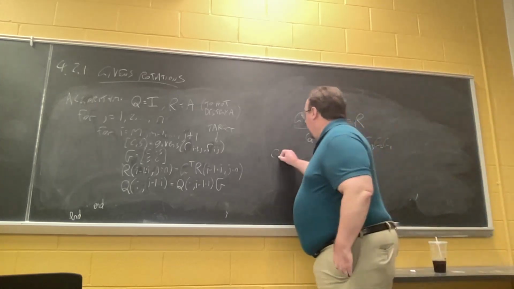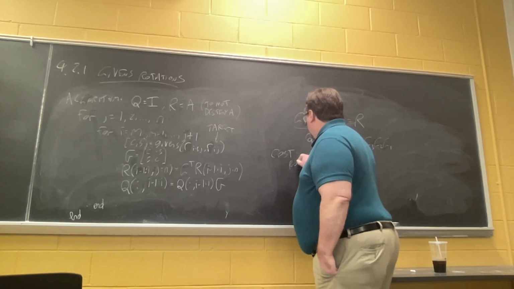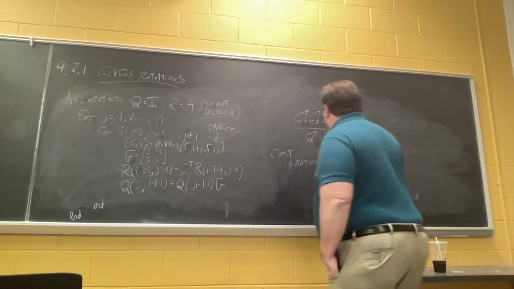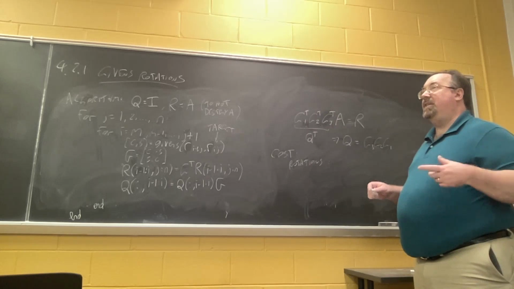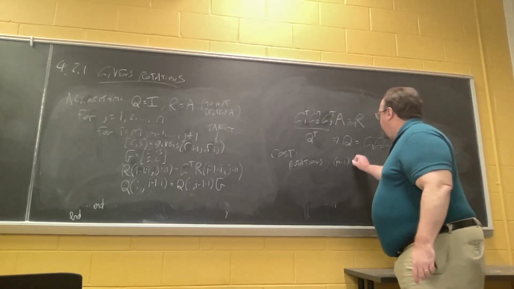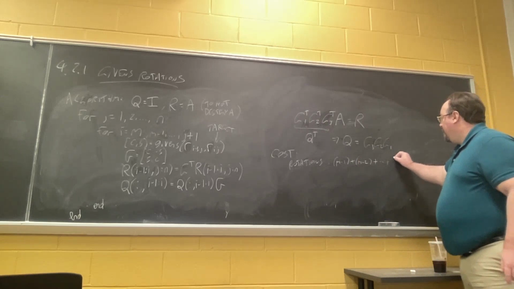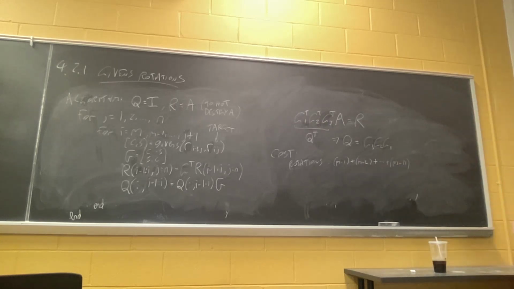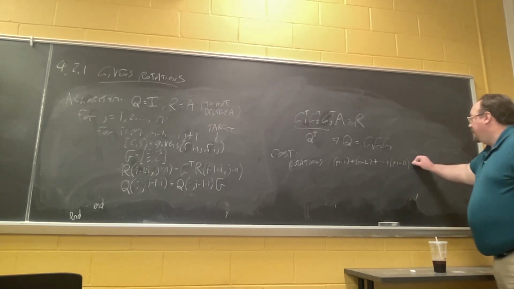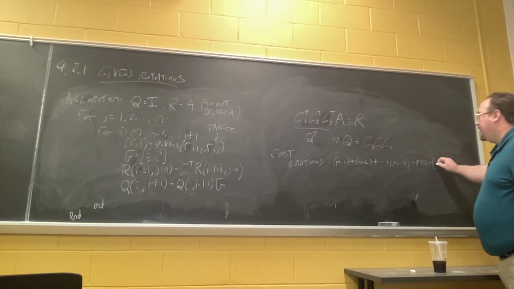As far as the computational cost of doing it, how many rotations we perform: in the first column, we have to eliminate m-1 entries, plus m-2, and so forth, all the way down to m-n rotations. So that would be equal to mn minus